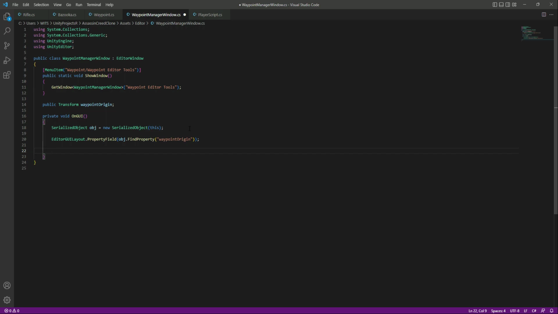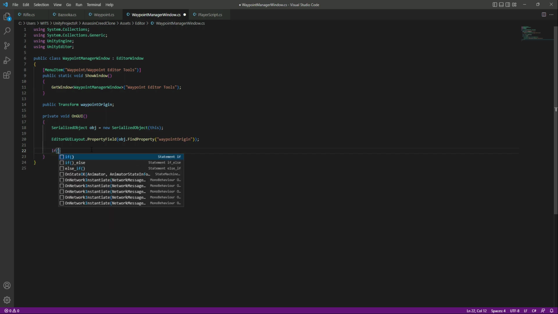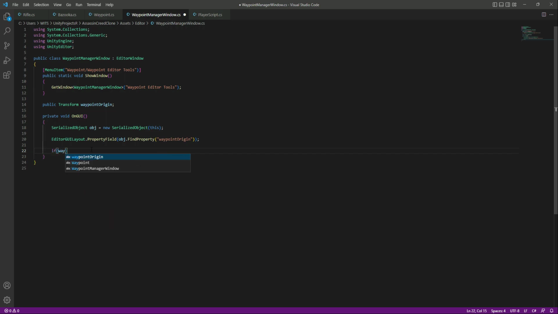origin is not assigned, then in our waypoint editor tools window we will print a message in which we will say that please assign a waypoint origin transform, and then in the else block we will say that if the waypoint origin is assigned, then we will show the button by which we will be able to create waypoints. So first of all, right here we will say if the waypoint origin is null, then what we